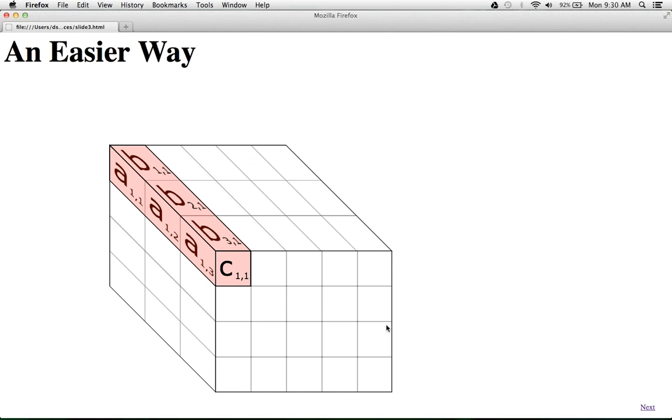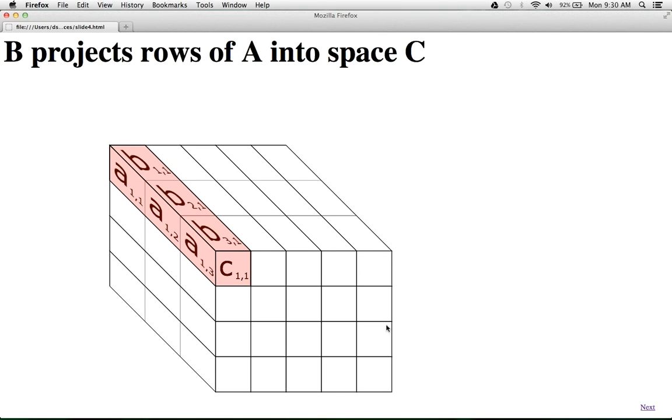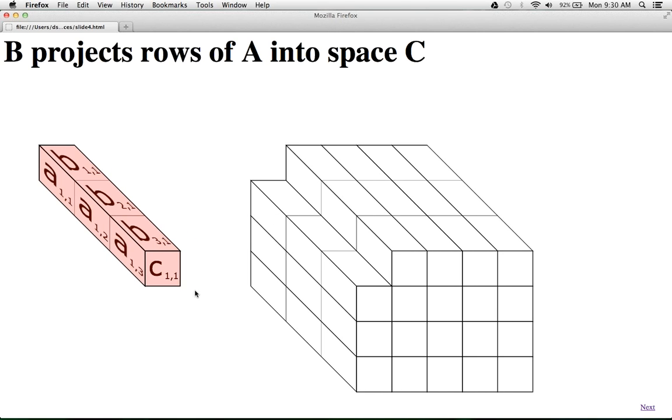One of the reasons I like the cubic view is because you can think of the multiplication as being the column, or the row times the column, which is the projection. This is B projecting A onto your new space of C. But also, you could think of it more as a layered view,